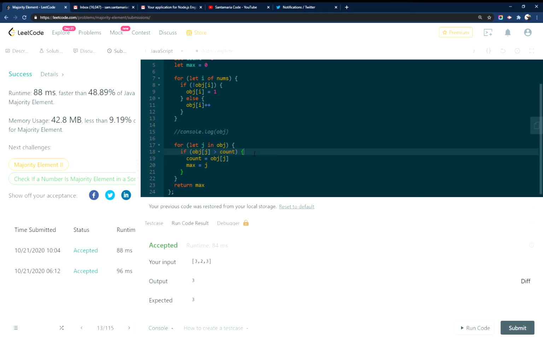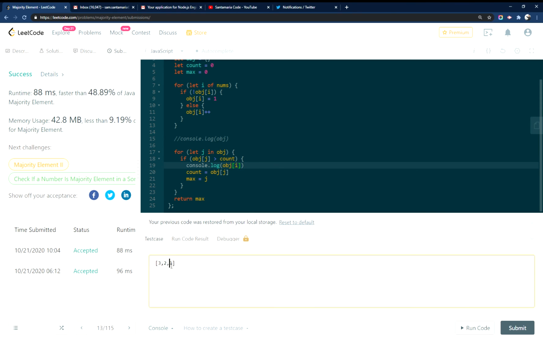One thing that always helps me when I'm looking at these keys and values and trying to figure out counts and stuff like that, you can always just do this. Console log. And we added the console log there, so we can go ahead and see as we're going through this. Let's change this test case to something different. Now 4s are the max value in this. So if we run this code,